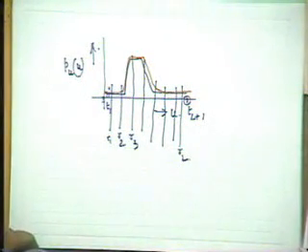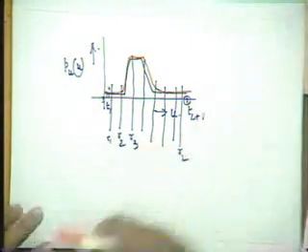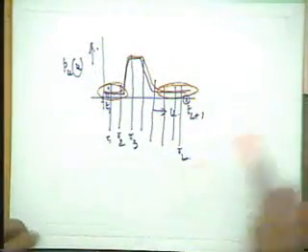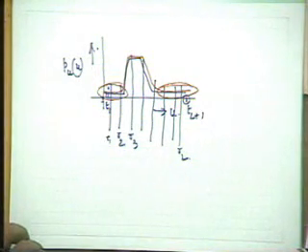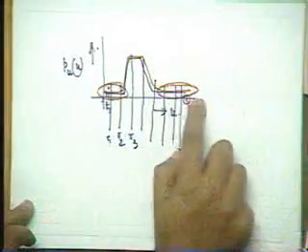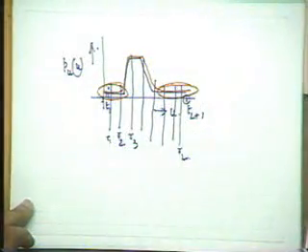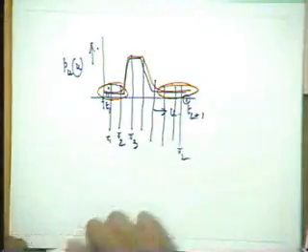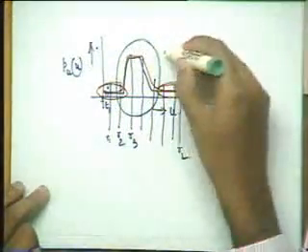Now when we have this kind of a PDF, just see that over this region and over this region we have got the probability density function value quite small. That means to say that we have a lesser number of pixels in that particular intensity. Means in this particular region and in this particular region we have got lesser number of pixels, whereas most of the pixels are having intensity values in this particular region, correct?